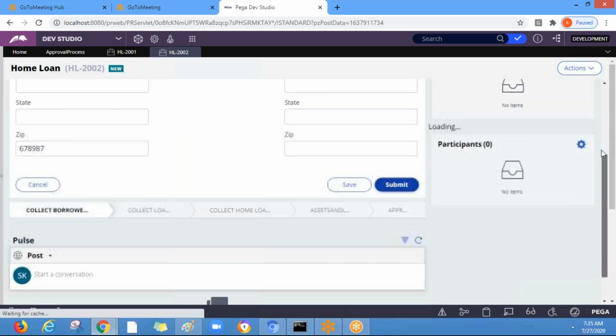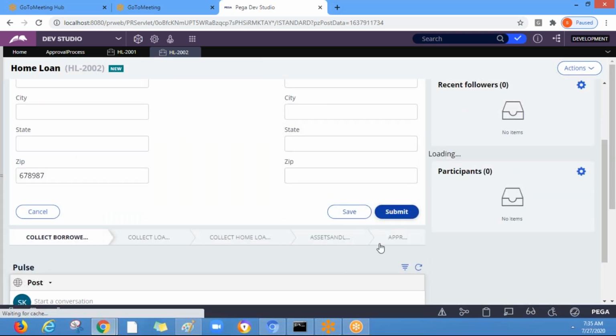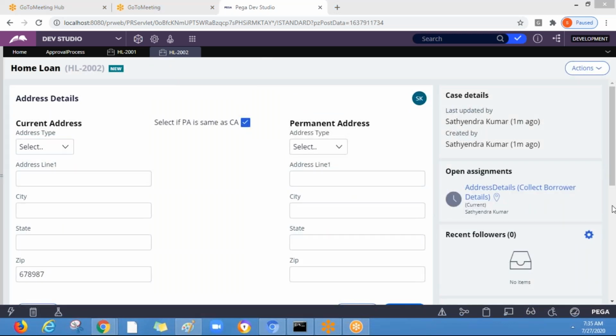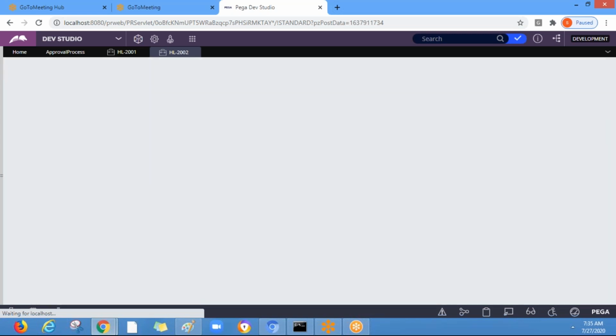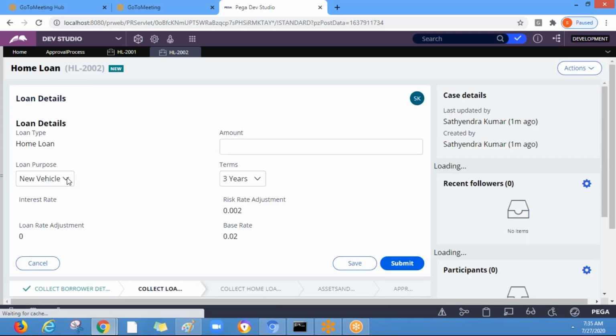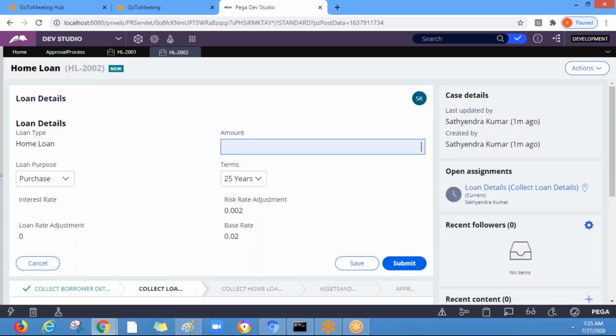Still loading. So let's enter amount 60 lakhs.